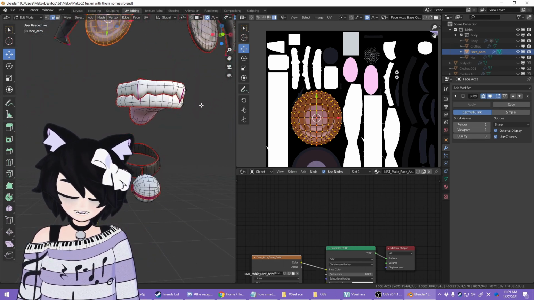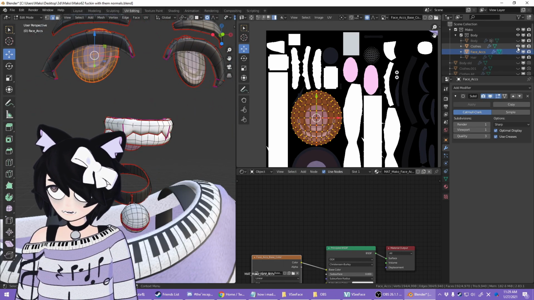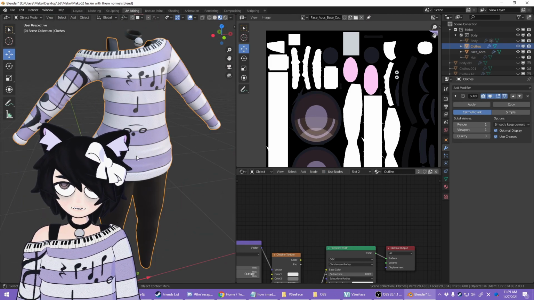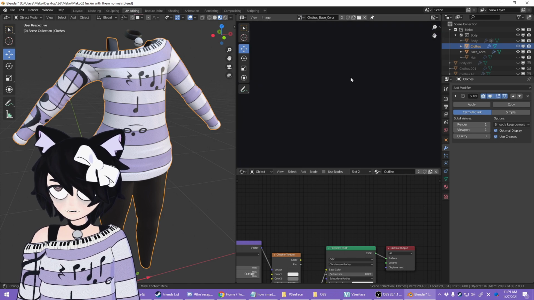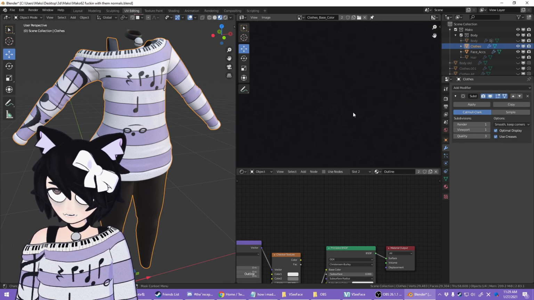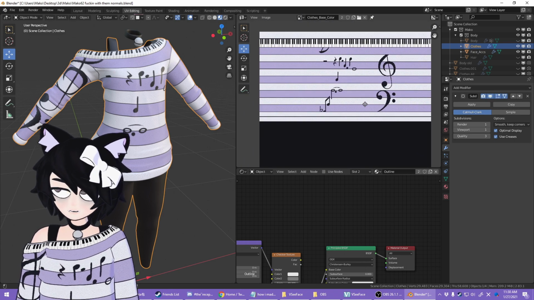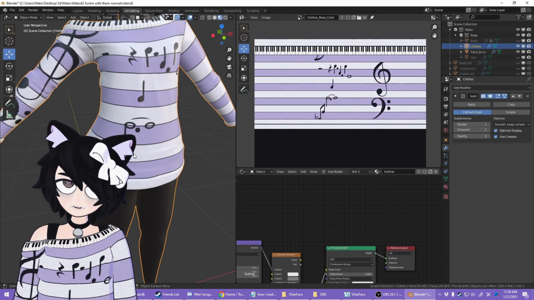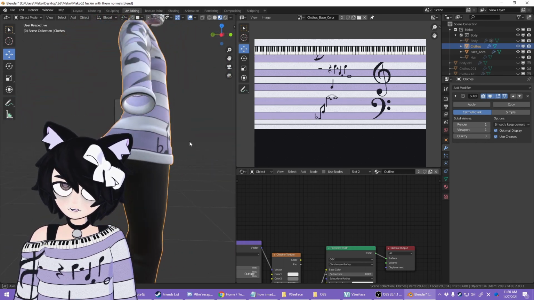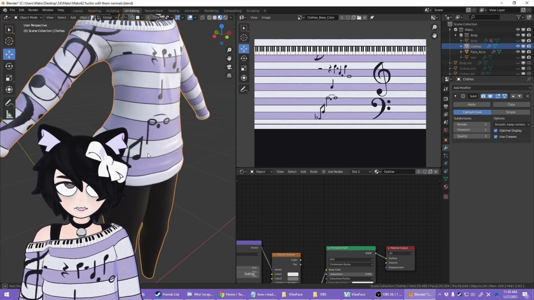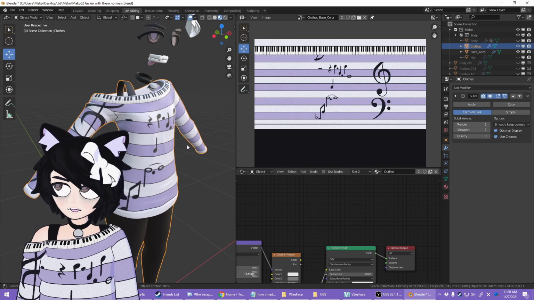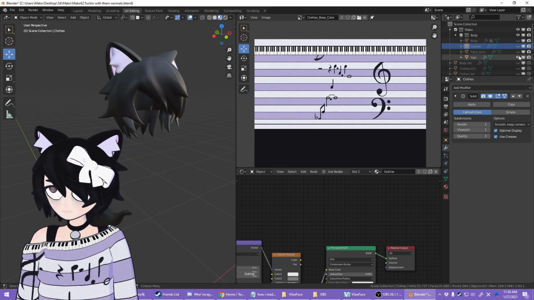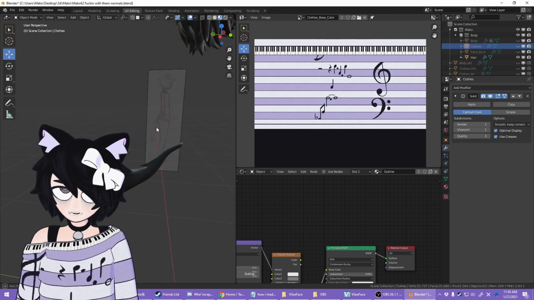And maybe I would dedicate more room to the clothes. Maybe I wouldn't have both the shirt and pants share the same material, because I do have a slight texture on the pants here. But I ended up grouping them as a combination of both, things that are similar in nature and also just what made sense from a mesh combination standpoint. It's difficult to explain my reasoning, and I might have ended up doing it differently. Hair makes sense. Hair is just, you know, hair, ears, tail.